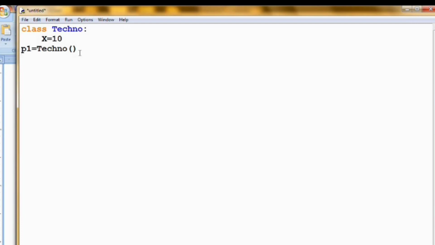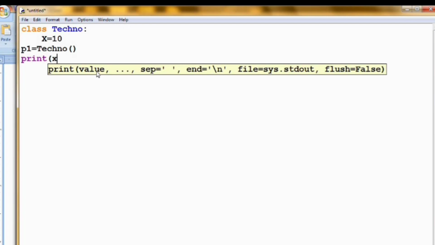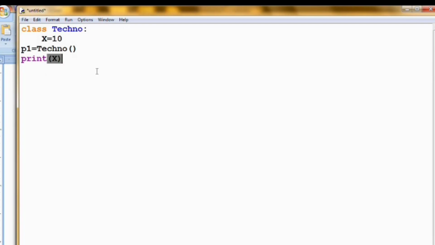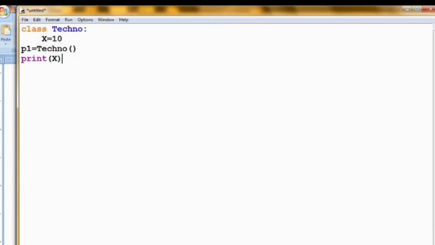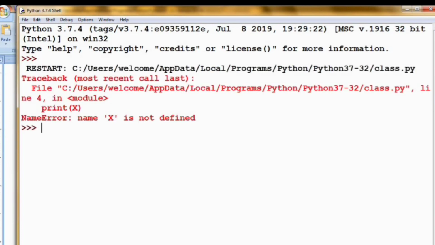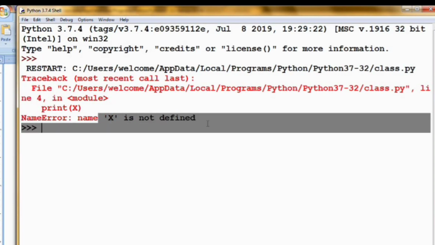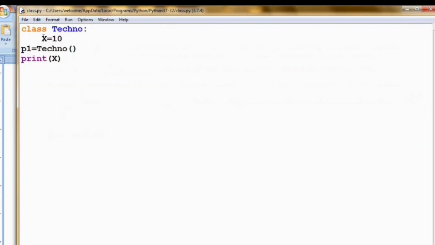Using this object we can access this value x. For that you have to use the dot operator. Now I am printing the value of x. This will give me an error, see. Yeah, this gave me an error: name x is not defined, because we have defined x inside the class. For accessing this x, you have to use the object that you have created for the class.